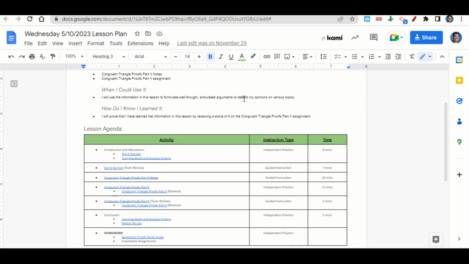After that, we'll go over the Congruent Triangle Proofs Part 2 notes, and then I'll give you time to complete the Congruent Triangle Proofs Part 2 assignment on Desmos. Once you've completed the assignment, we'll go over it together and answer any questions that you may have. At the end of class, we'll go back over our learning goals and success criteria while you fill out your